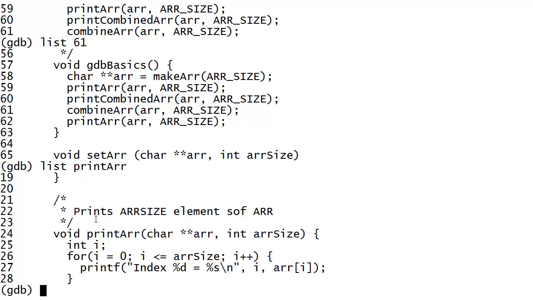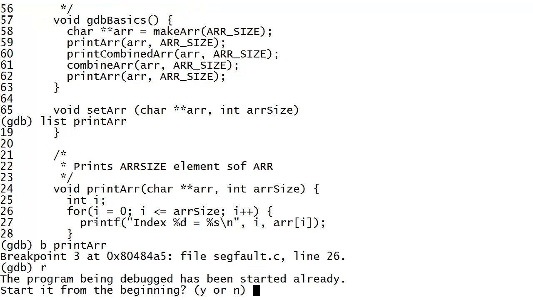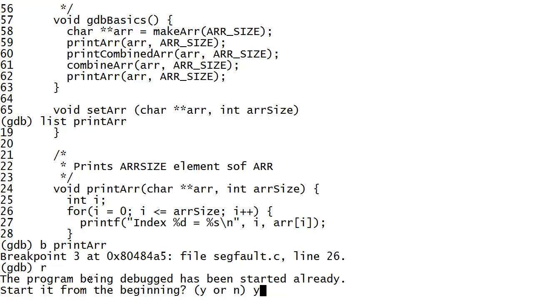If we know that an issue happened somewhere, then we should probably set the breakpoint there so that we can go and explore why that issue is happening. So let's put a breakpoint on print array. Now, when we run the program, every time it hits a breakpoint, it's going to actually encounter that. And you'll notice here it says the program being debugged has been started already. Anytime you have already said r for run,